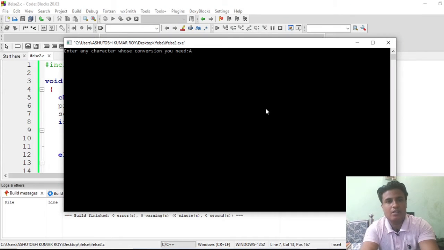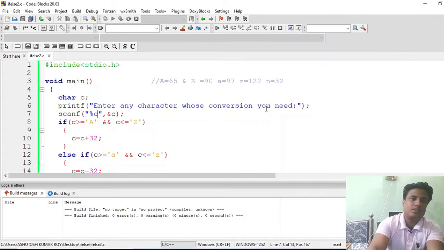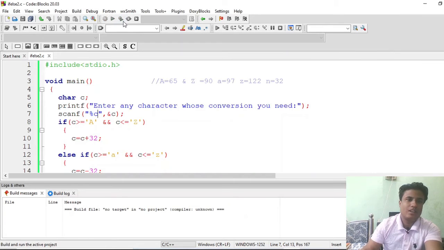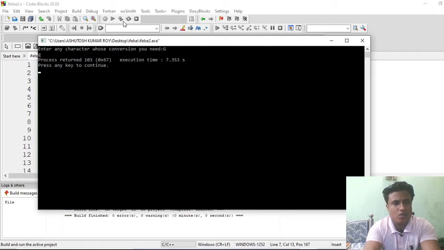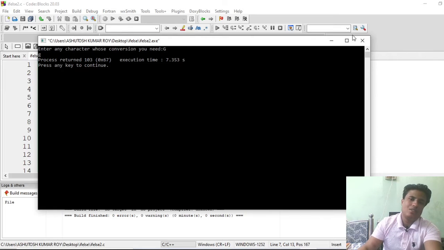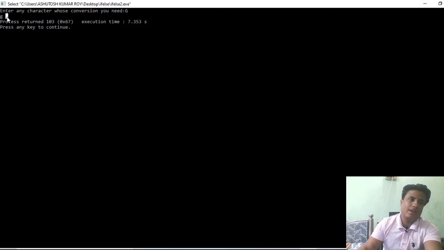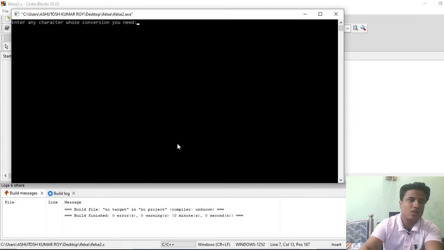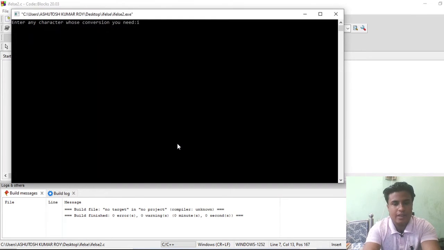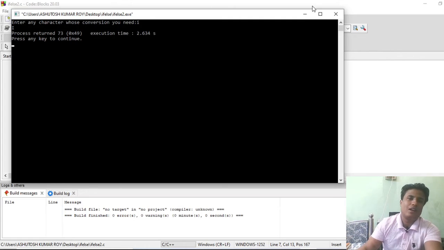So write capital A. Let's see. Yeah, it's returning. Let me check further alphabets too. Tell me one alphabet, guess one alphabet yourself. Suppose your guess is Z. Let's see if it is converted to small z or not. Hurrah! This shows that our code is working fine. Now let's see the lowercase also. Suppose we write i here, it's converted to capital I. You are seeing it or not?